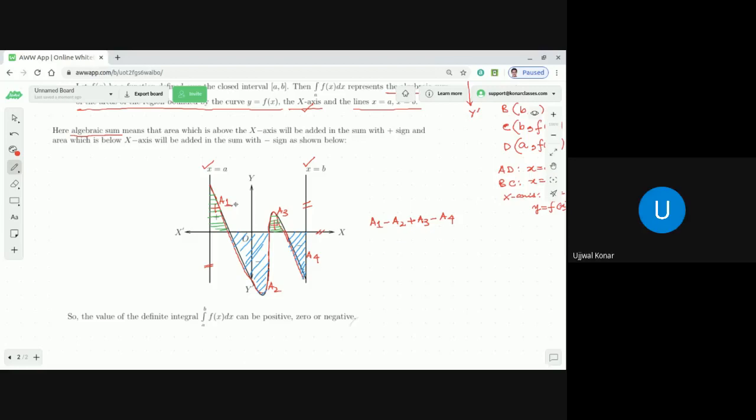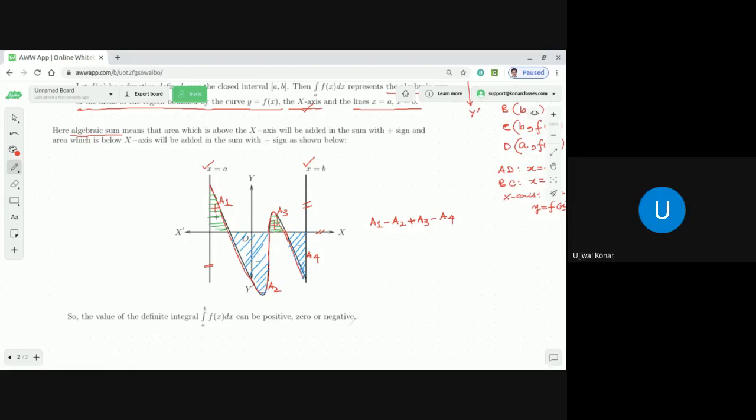So when you compute the value, there is a small difference. If the question is to find the area, then area is always positive. In context to the question, you need to add. If the question is to find the area of the region bounded by this, then obviously it should be added. But if you need to find the actual value of the definite integration, then you need to go with the rule. Got my point?